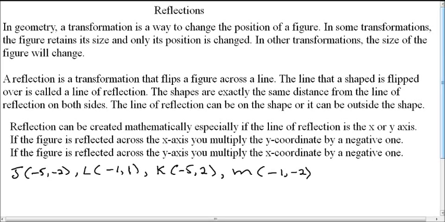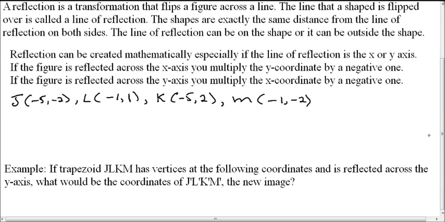Reflection can be created mathematically also, especially if the line of reflection is the x or y axis. If the figure is reflected across the x-axis, you simply multiply the y coordinates by -1, and in layman's terms, you're just going to use the opposite for y. And if the figure is reflected across the y-axis, then you simply multiply the x coordinates by -1, or use the opposite of that coordinate. Well, let's say for example we have this trapezoid